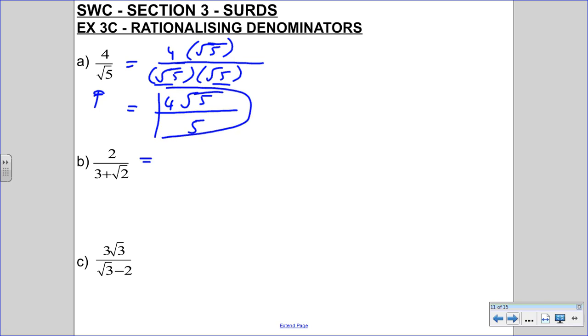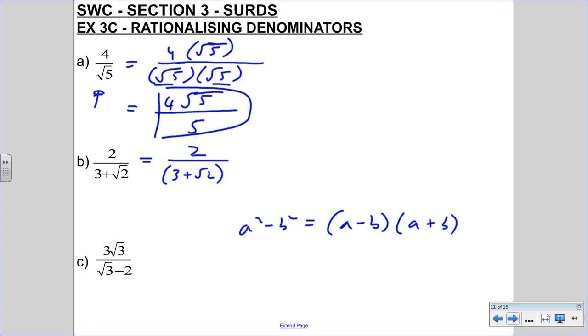Okay, this second one, rationalizing this denominator, well, this is where you're going to need to use your difference of two squares knowledge, okay? Why do I say that? Because we know that a squared minus b squared is the same as a minus b, a plus b. Hopefully you know that. And it has to be a different sign here. It has to be a difference of two squares. Because if it was the same sign,